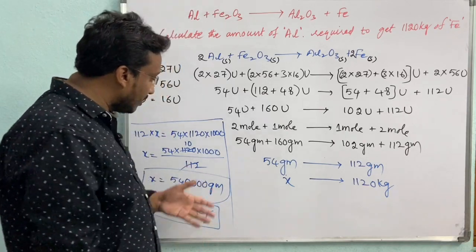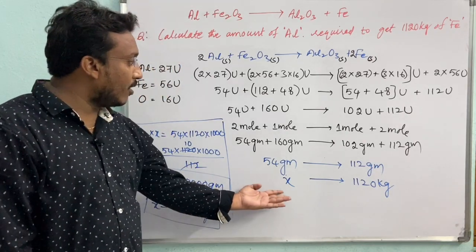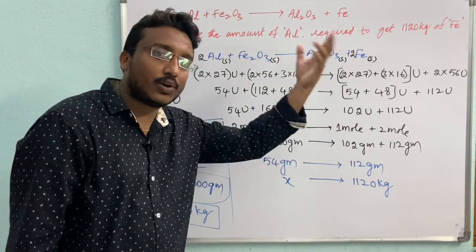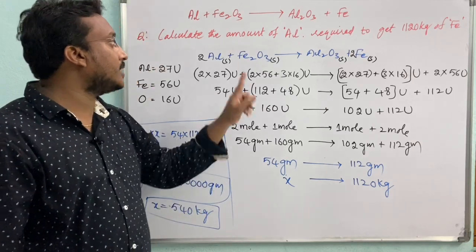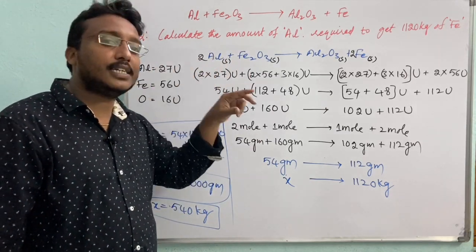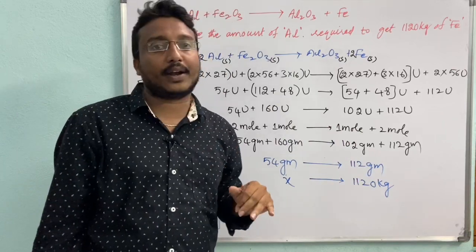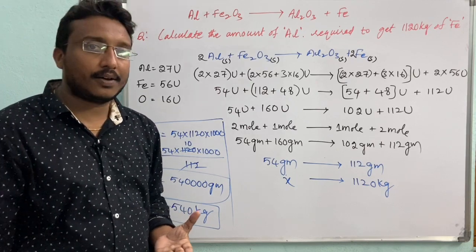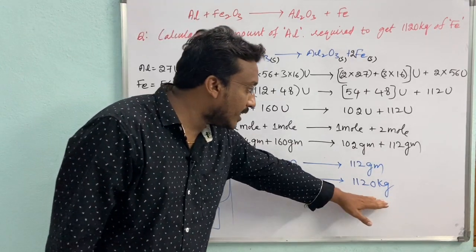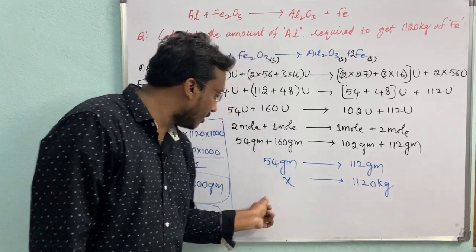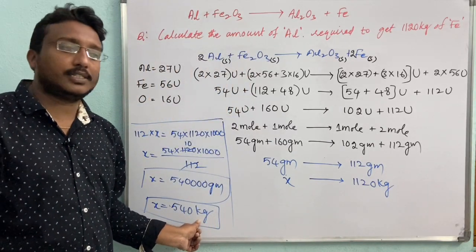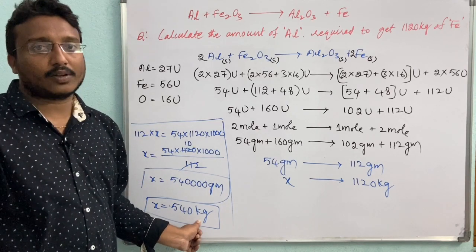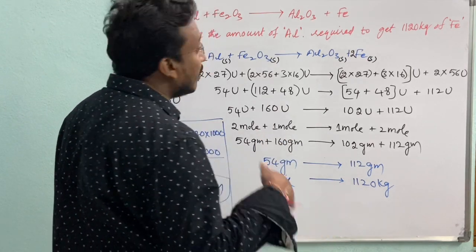Before going to find the quantity of aluminum or any atom given in our question, first we have to check whether the given equation is balanced or not. After that we have to follow all these steps. Finally, the question is asked in kgs, so the final answer should also be written in the same units. Since it is asked in kgs, we have to give the answer also in kgs, right? Got it? Next I will give one more example.